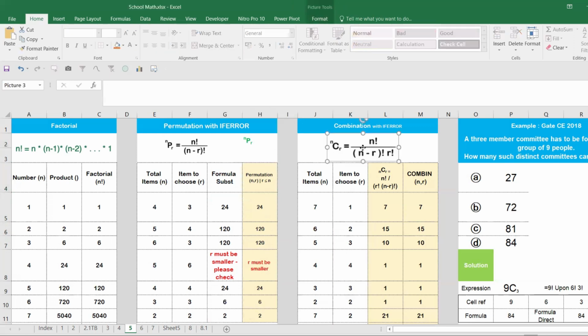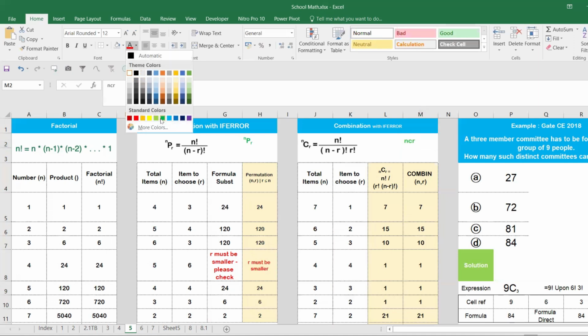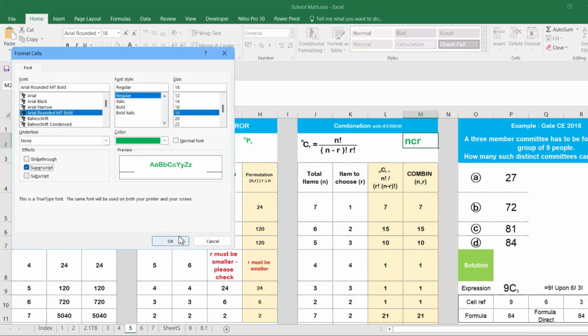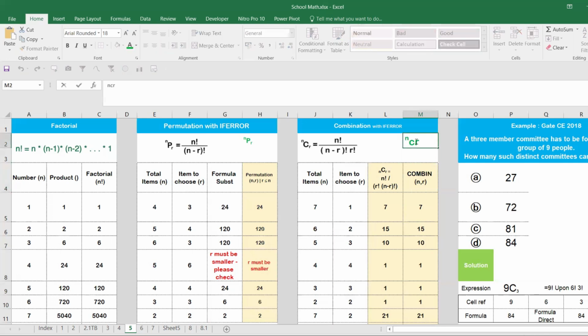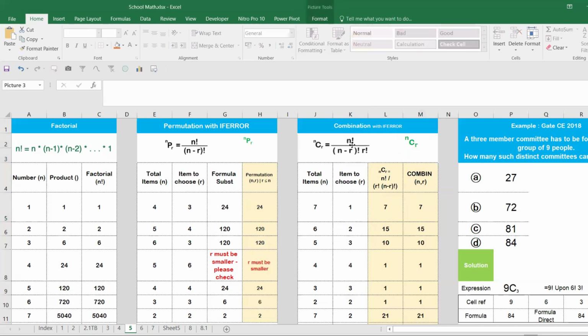Let's go once again and do the same thing. This is the combination formula. Combination is nCr, C for combination, r being how many numbers we need to choose. So how can we write it? Simply write nCr. All you need to do is make n superscript, and r subscript, using Control 1 and subscript. Okay, fine. So this is the formula: n factorial upon n minus r factorial,